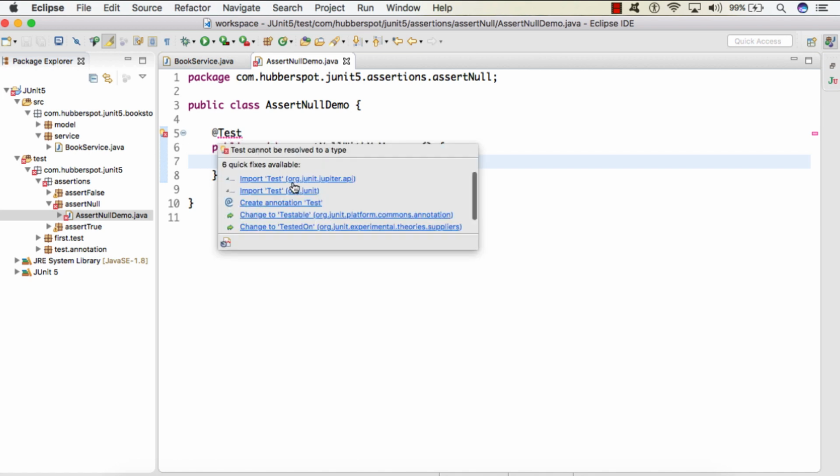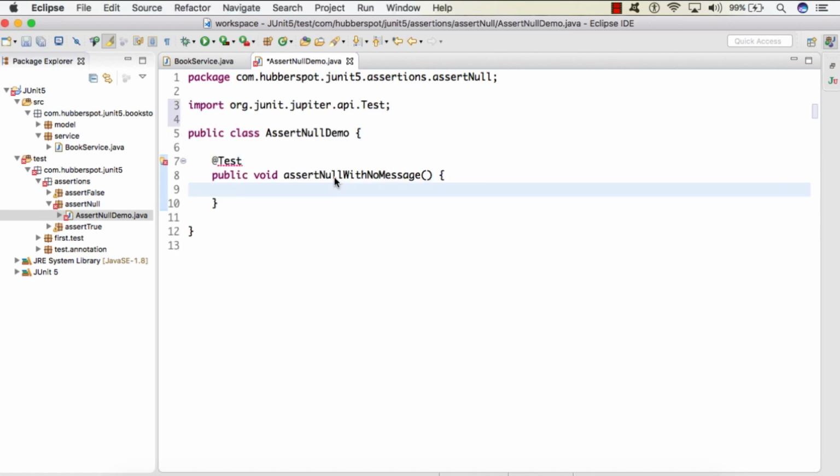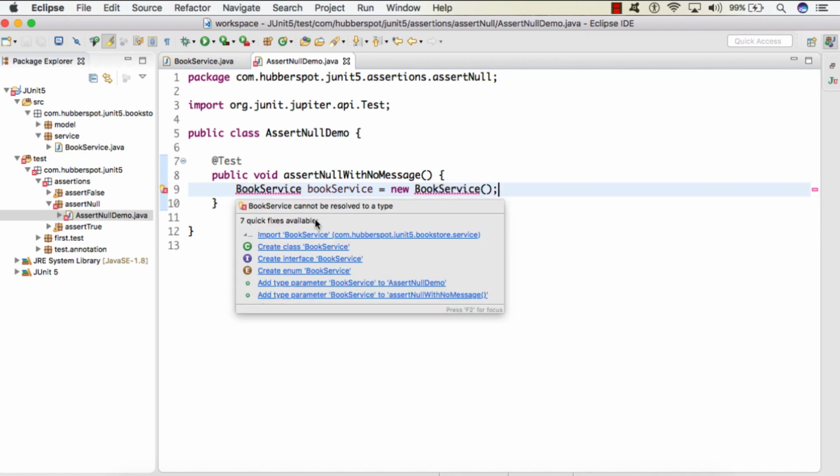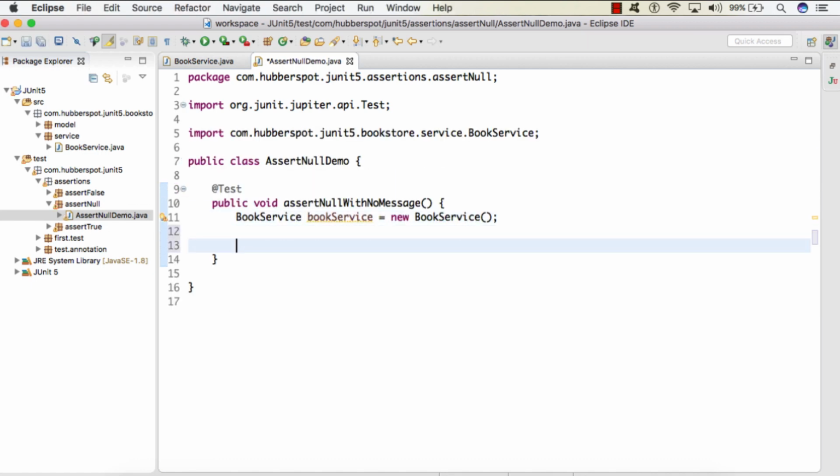I will import the Test annotation from org.junit.jupiter.api. So in order to test BookService, first we will create the instance of BookService. We'll import the BookService. Then we will create two books to add into our list of books.